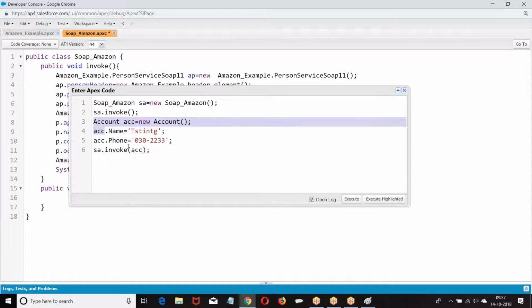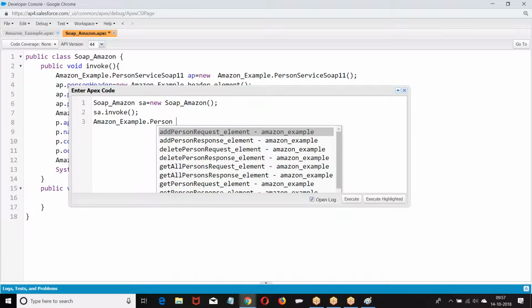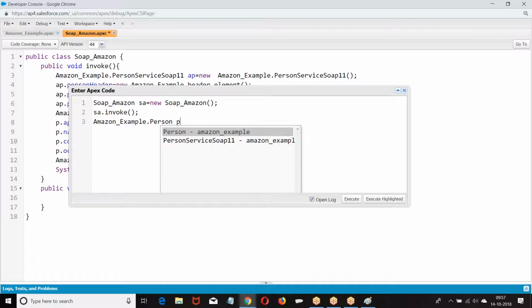The same thing I am doing here also. They are expecting example dot person. I cannot call add person like this, because it is empty.